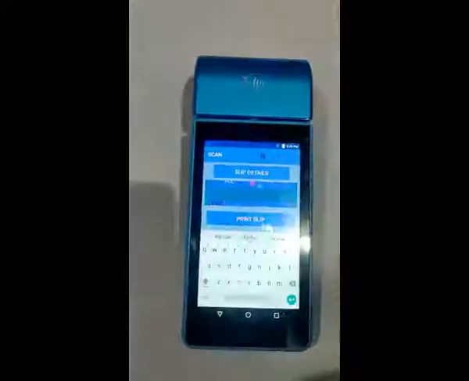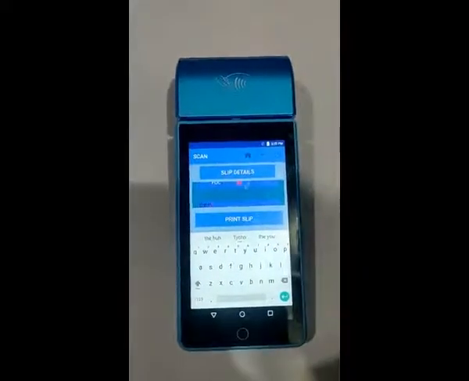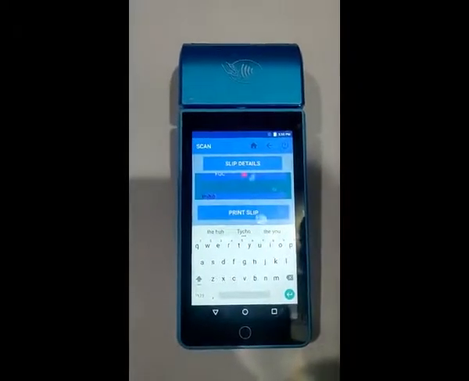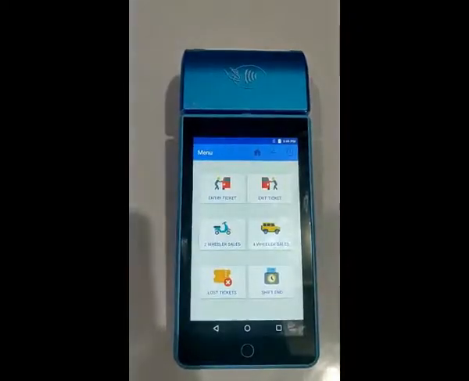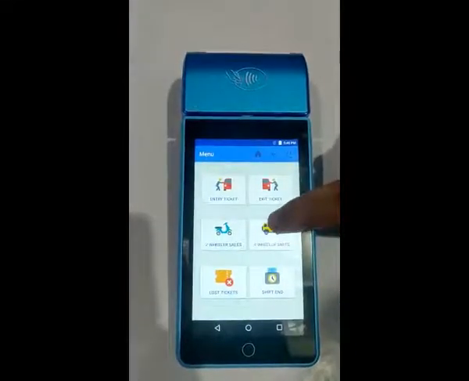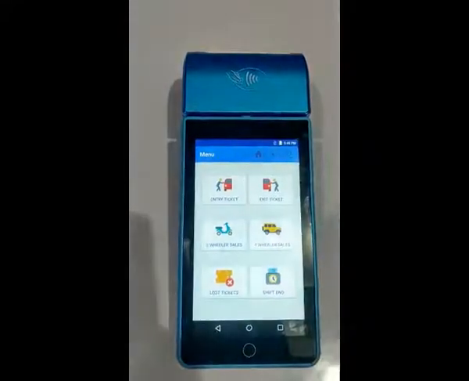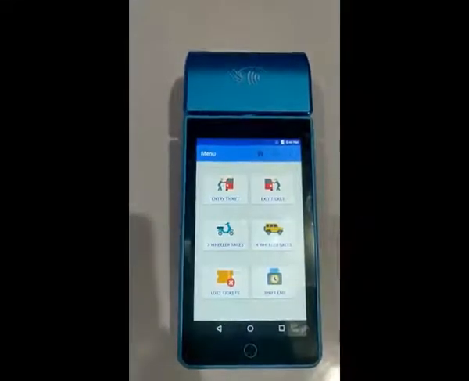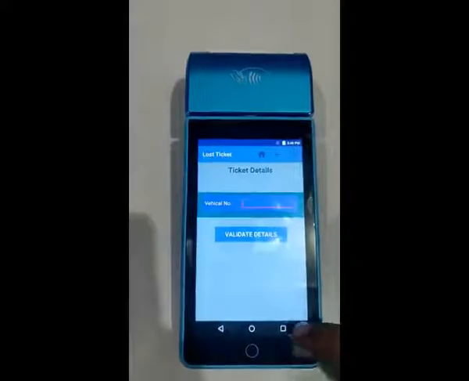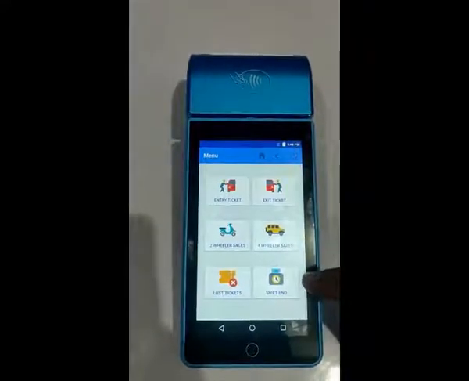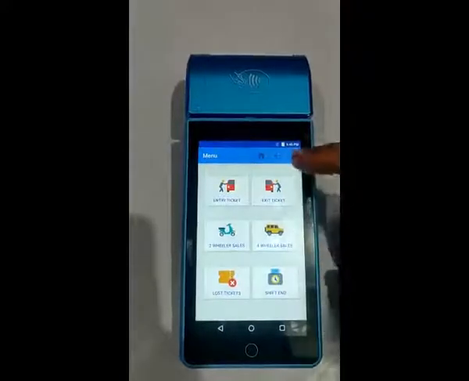So in the reports there is an option to find out how many vehicles exited with the FOC option, and later on you have the option for the two-wheeler history and four-wheeler history of the day. Suppose the user somehow lost the ticket, there is an option to find the ticket, and then there is a last option to end the shift by the operator.